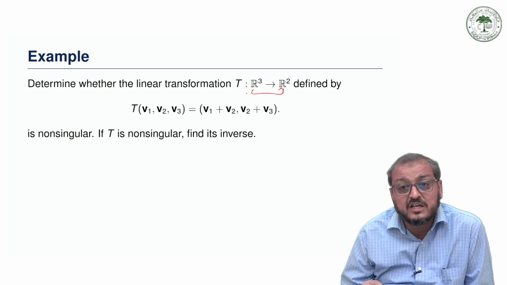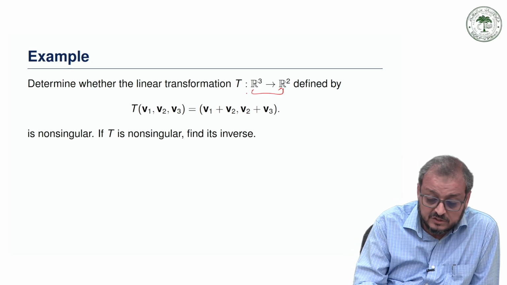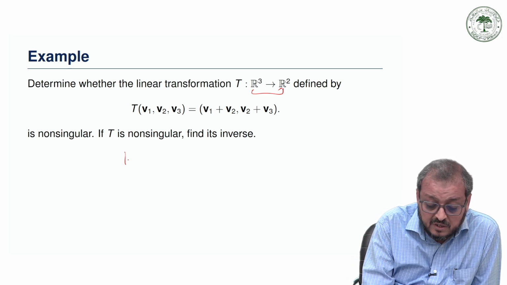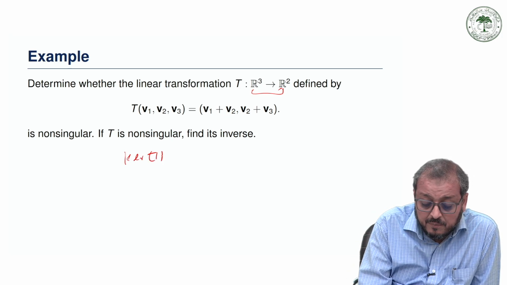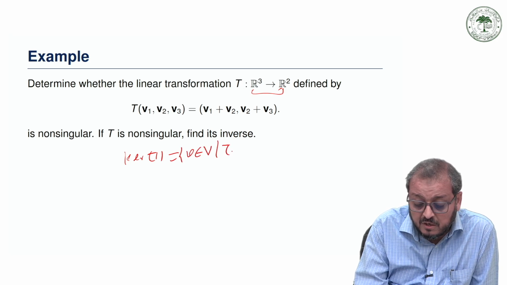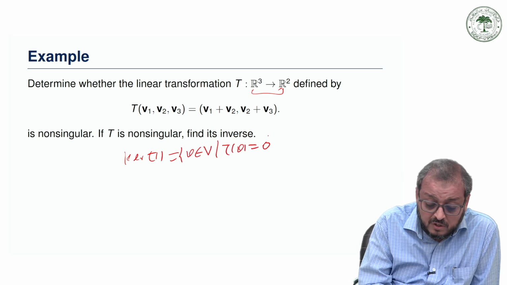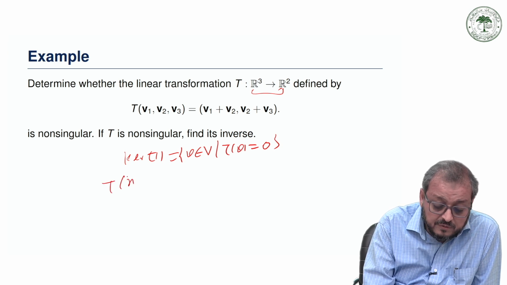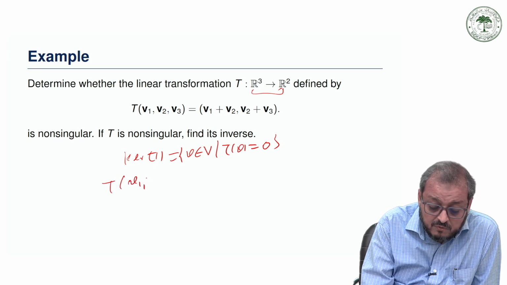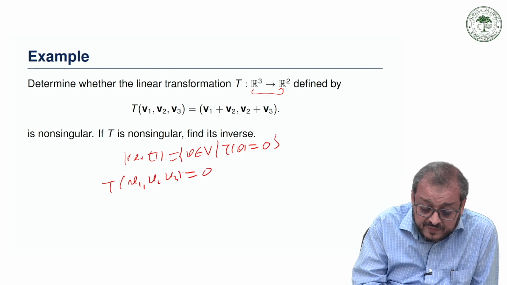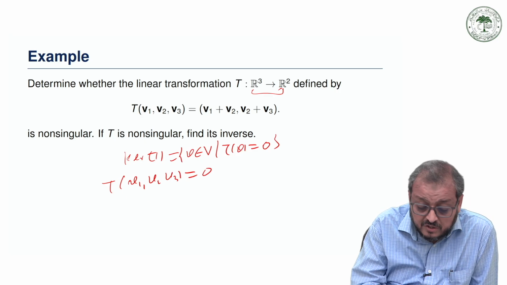So we have to check whether T is 1-1 or onto separately. So we just find the kernel. First, the kernel of T, by definition, is the set of v such that T of v is equal to 0. So T of v equal to 0 means T of (v1, v2, v3) is equal to 0, and then